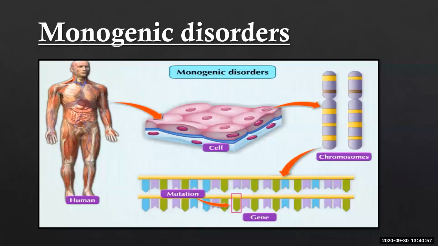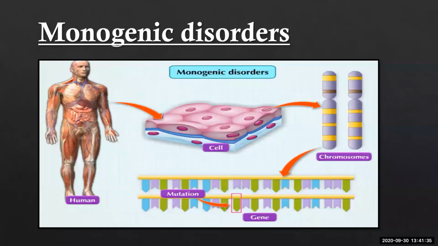Approximately 4,000 different disorders of this type are known. Due to abnormal genes, the product is either produced in insufficient quantity or not produced at all, and it will cause abnormalities that may lead to death at a tender age. Examples of such disorders are Hutchinson disease, Tay-Sachs disease, galactosemia, phenylketonuria, sickle cell anemia, cystic fibrosis, albinism, hemophilia, night blindness. We will see ahead.